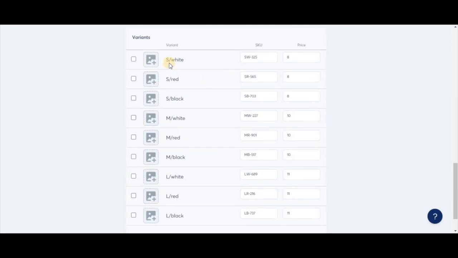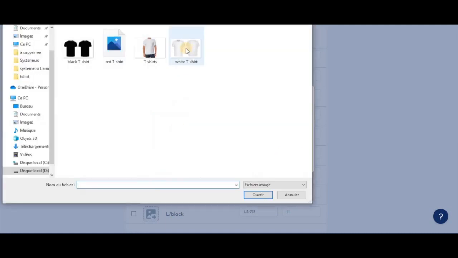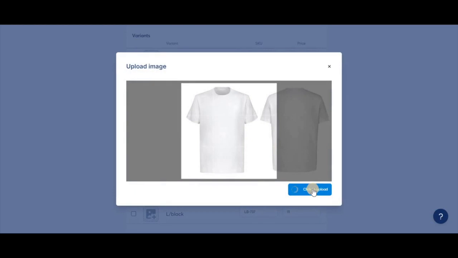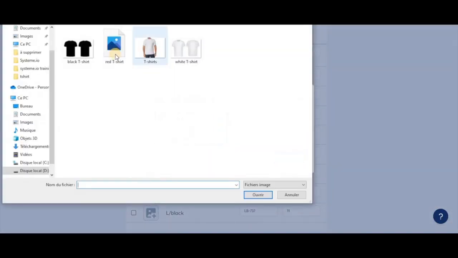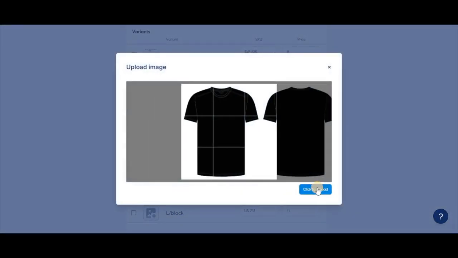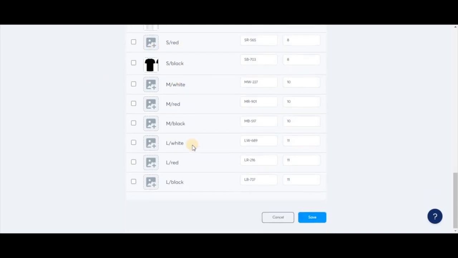Finally, you can add individual images for your variants. So you just click here and choose the image of a white t-shirt. And this is the image that will be displayed when the customer chooses this option in the order form. Now let's do the same thing for the black one. Of course, you would need to add the images for all the other options so that you can make sure the images will appear for each option the customer chooses on the order form. And when you complete filling out all of the information, just click on Save